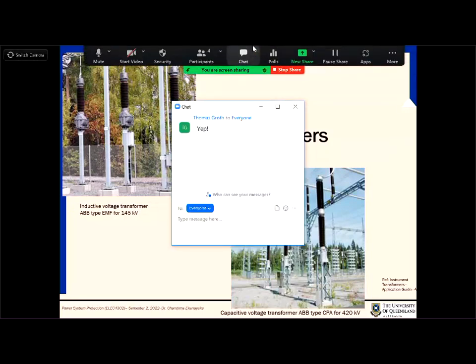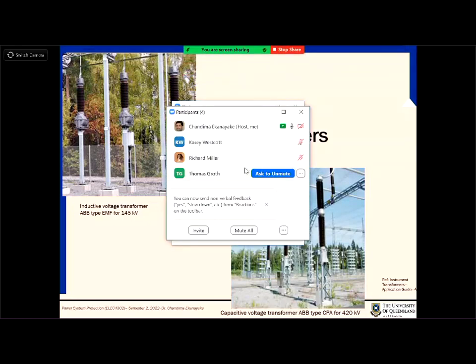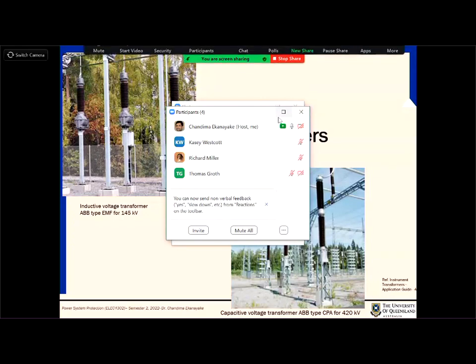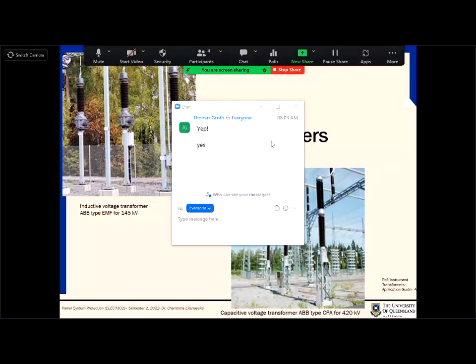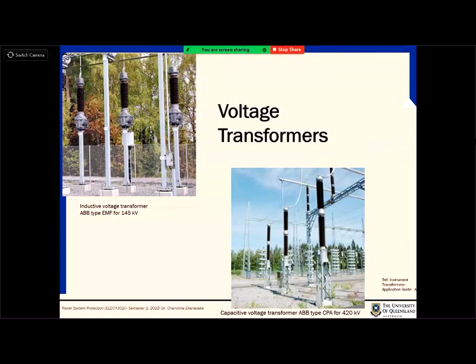Okay, Zoom, can you all see the slides as well? Yeah, thank you. Okay, so